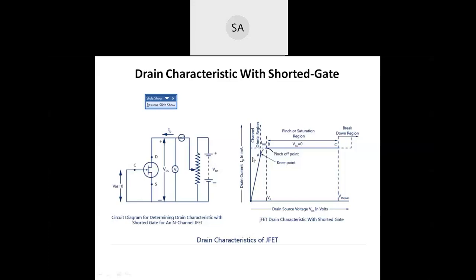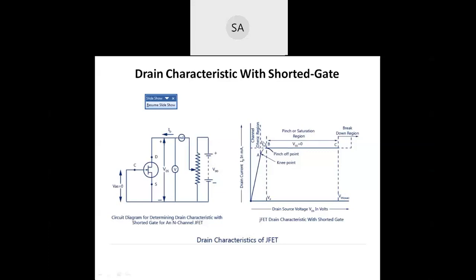From the point 0 to A, the current increases, and up to where it reaches the maximum drain current, that current we call IDSS. It reaches this point at B. So this maximum current we call IDSS. IDSS means the drain to source current by keeping the gate to source voltage constant. Here we are making VGS 0. That is the maximum current. When VGS is 0, this is the maximum current that flows in the FET, and that maximum current is called IDSS.